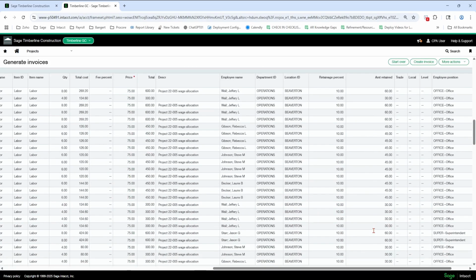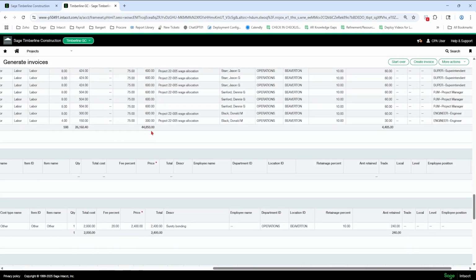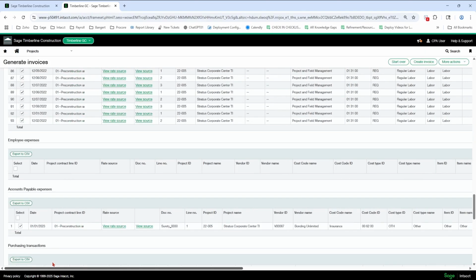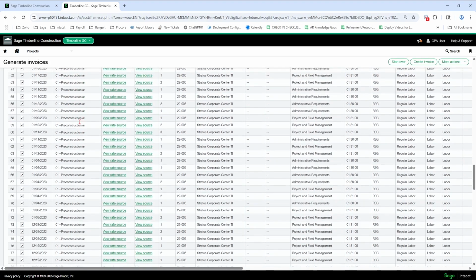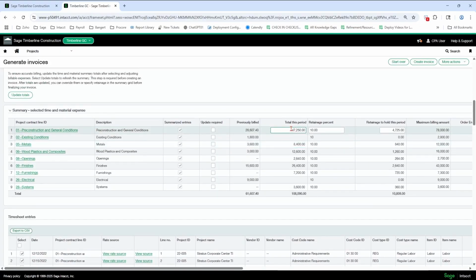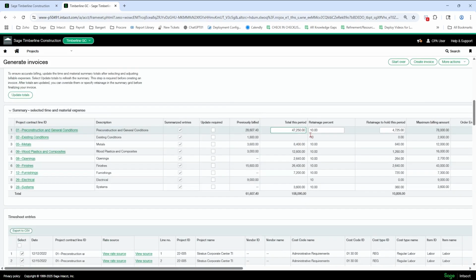So if I look at the total right here, 44,850, 2,400, all of the lines, these lines, right? All of the lines for 01 here are all of these entries, the price, all of those added up, for example. You can play with the retainage if you want to bring it down, for example, hold less. So anywhere there's a white box you can play with.